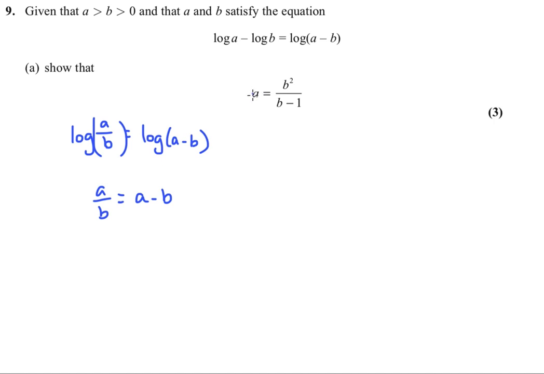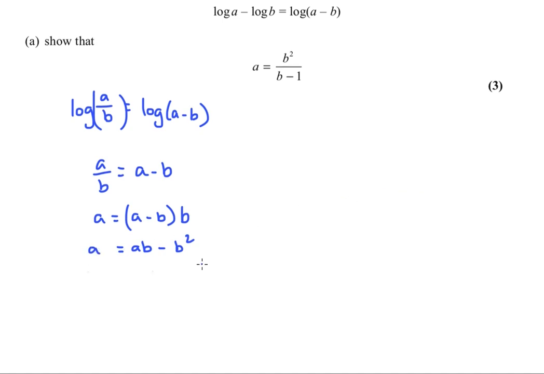And if you look at this, this is quite different to this. We've got an a on its own here, so we need to make a the subject of this function. So I'm going to do that by bringing the b up, expanding the brackets to get the a out of that bracket. So I'm going to move the a over to this side to make the b squared positive when I move that over. So I'll move the b squared to the left,